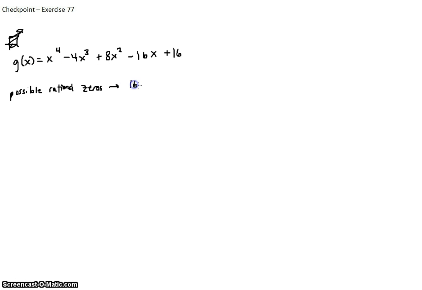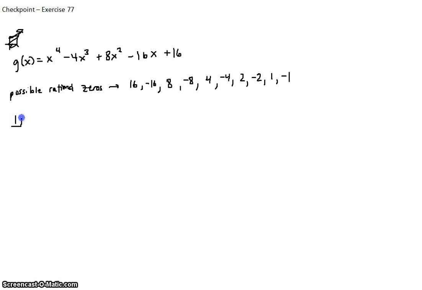So 16 and negative 16, 8 and negative 8, 4 and negative 4, 2 and negative 2, 1 and negative 1. So we've got to check all of these and see if we can get this reduced down any further,